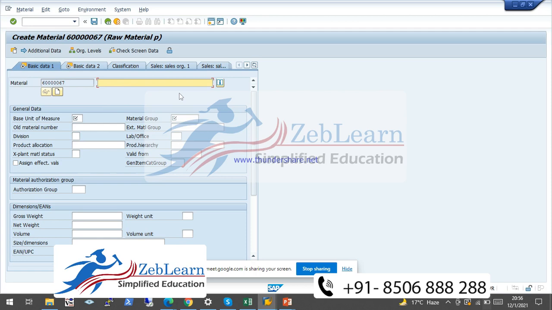Just I give you some other example. We can put here some text like raw material 1. Here is the unit of measurement. What is the unit of measurement? It will decide how we are going to procure this material. Is it numbers, or is it each, or is it in weight, maybe kg or grams, and so on. So here we can select the unit of measurement.